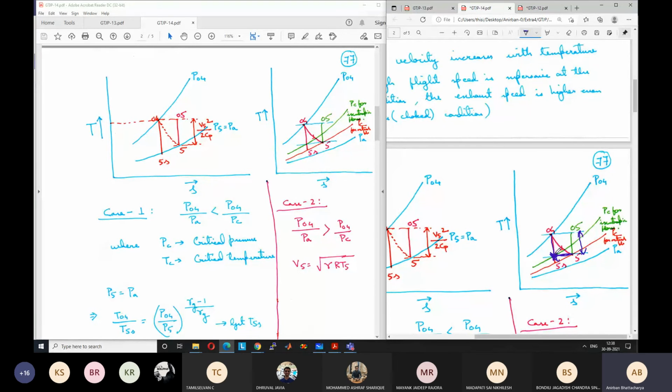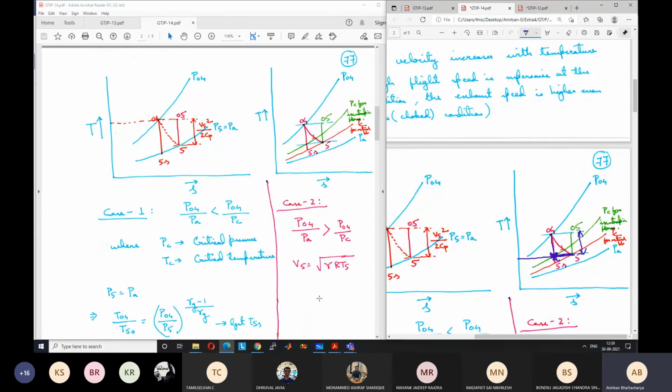So what is happening is that because of frictional losses, the critical pressure is reduced from the critical pressure for an ideal condition. Although the critical temperature remains same, the critical pressure is reduced. So we have to calculate based on this new critical pressure. We have to find out what is the nozzle exit velocity. Any questions here? It will be clear in a minute, or when we solve a problem in the next class.